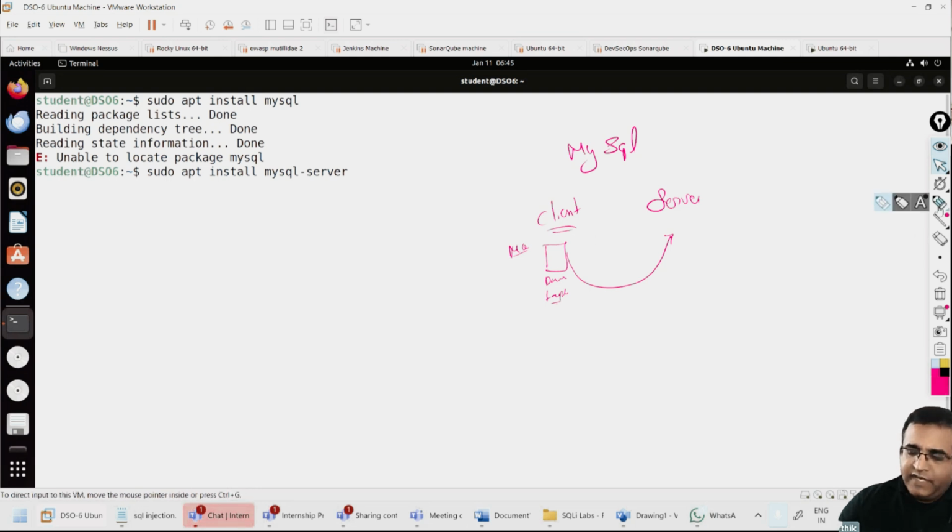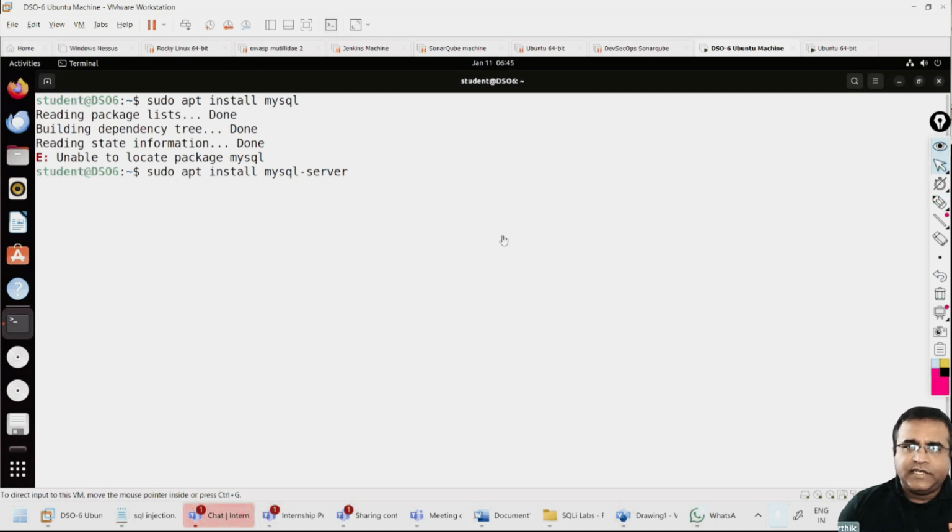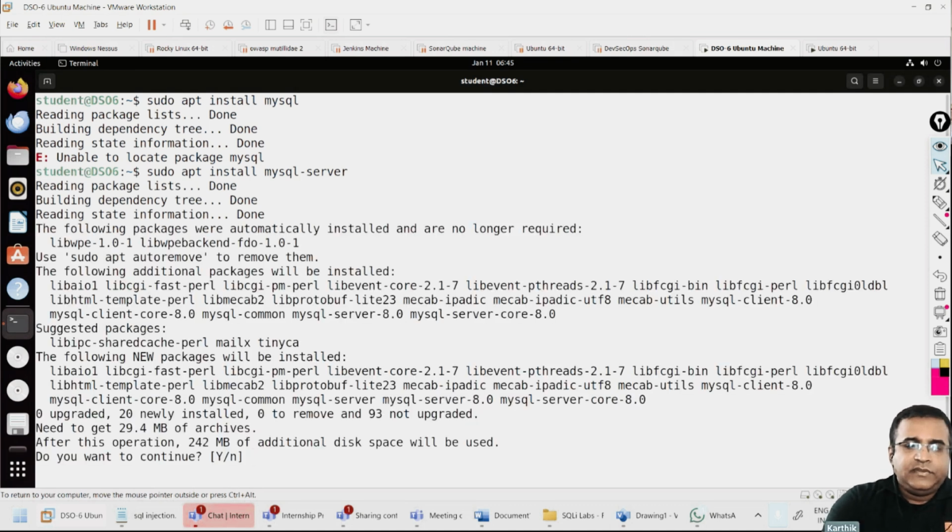The MySQL server is where the database is going to be created and maintained. This is what we are going to install. It takes a couple of seconds, not much, depending on your internet speed.